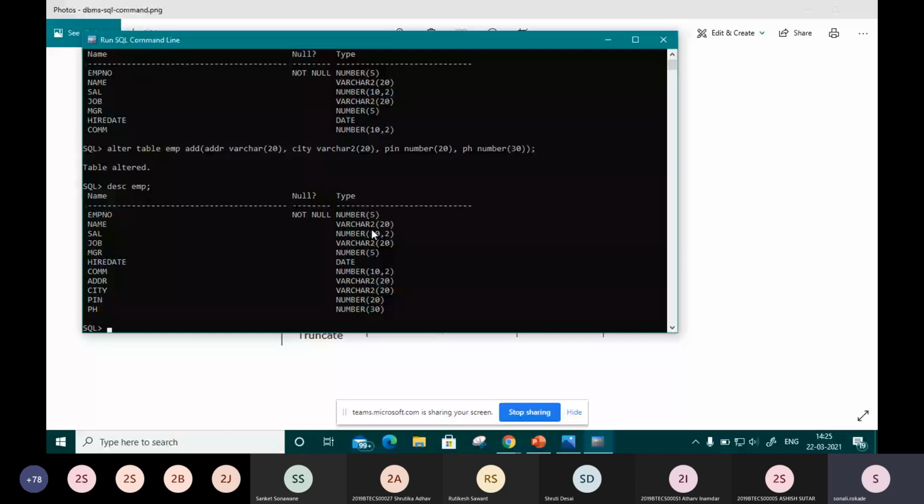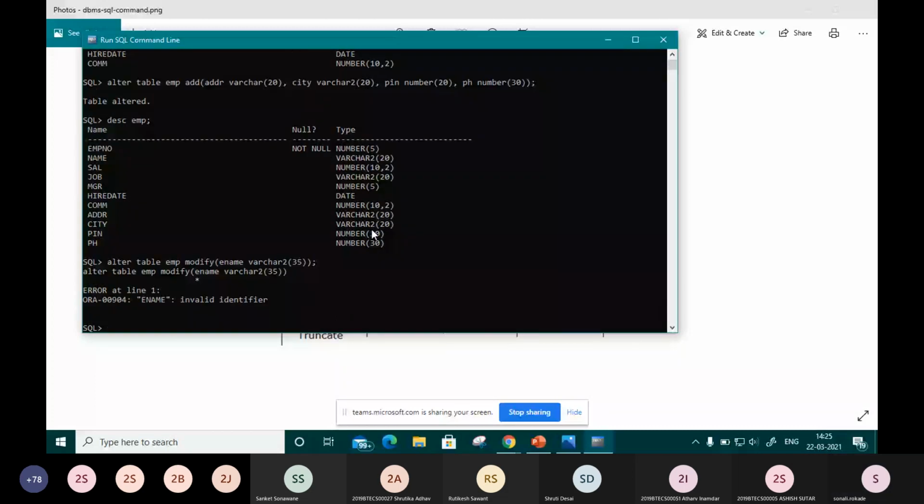So alter table, name of that table, modify, then ename with varchar2 in brackets. Suppose I make it size 35, bracket complete, semicolon.